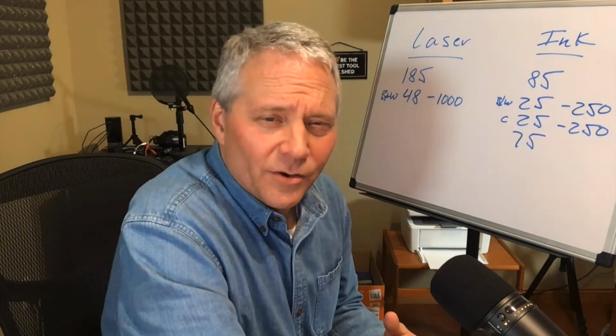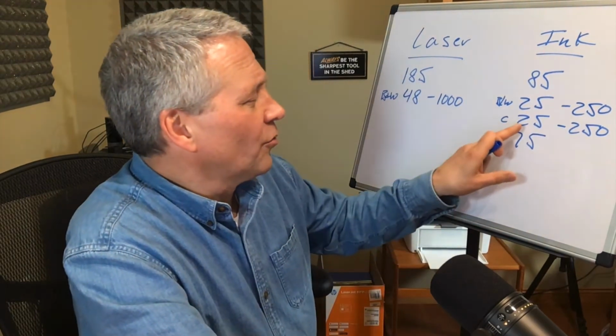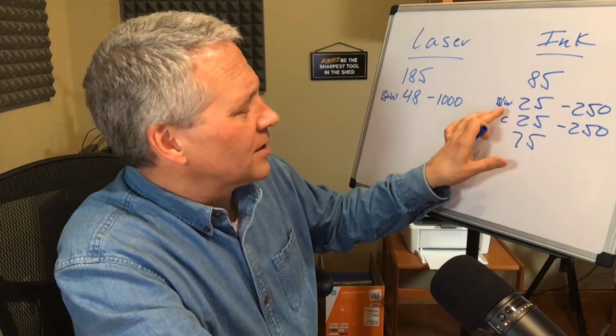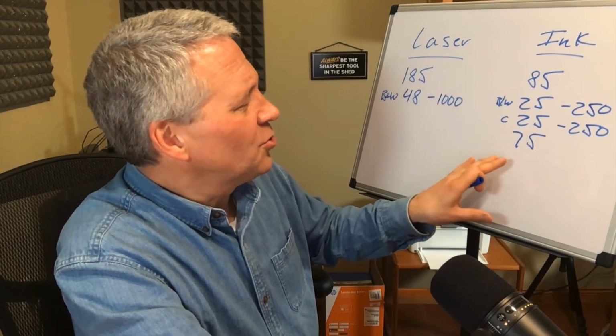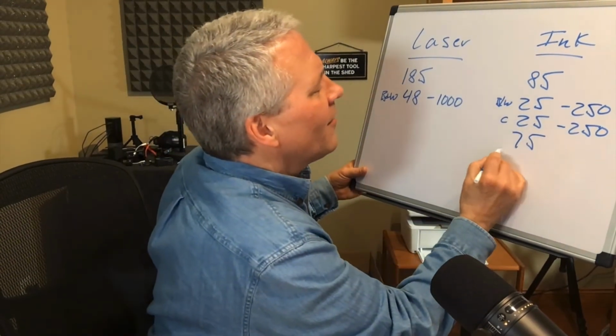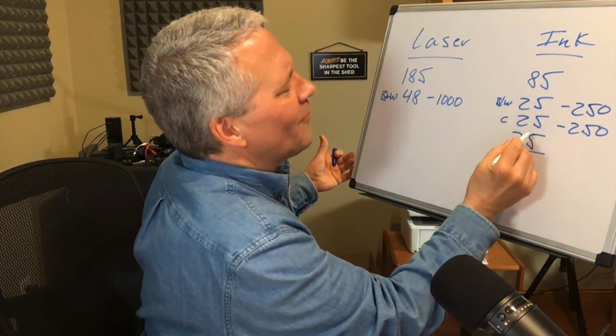That's my scenario. If you're doing a lot of artsy craftsy stuff at home, yeah, you're going to go through that color cartridge quickly. But right now I go through the black and white stuff like it's milk out of the fridge. It's just crazy how much I go through that stuff. So let's do this math scenario: 85 plus 25 plus 25 plus 75 is,